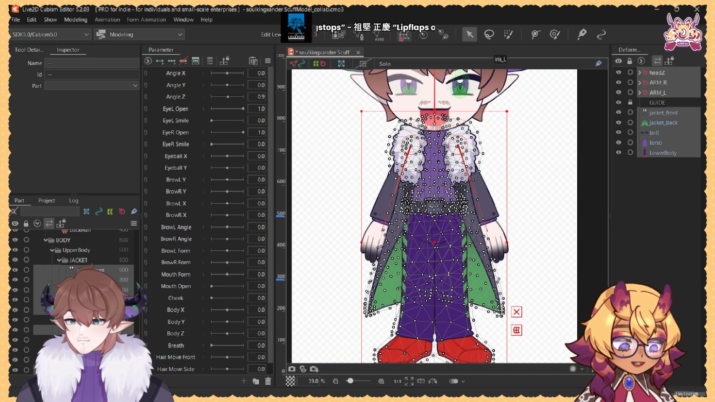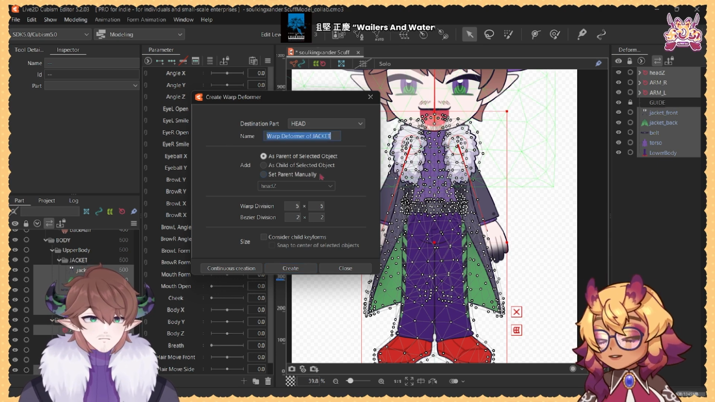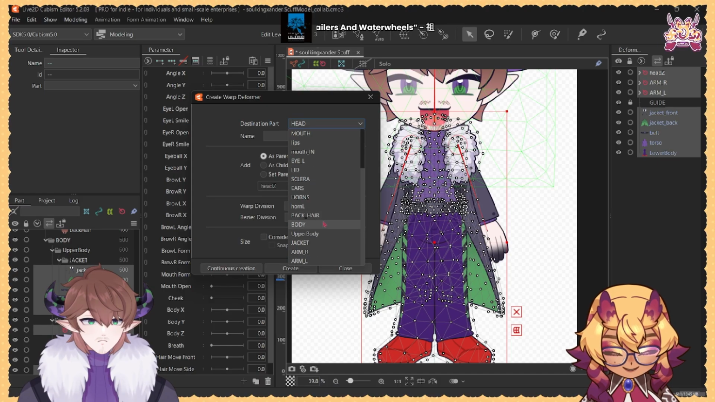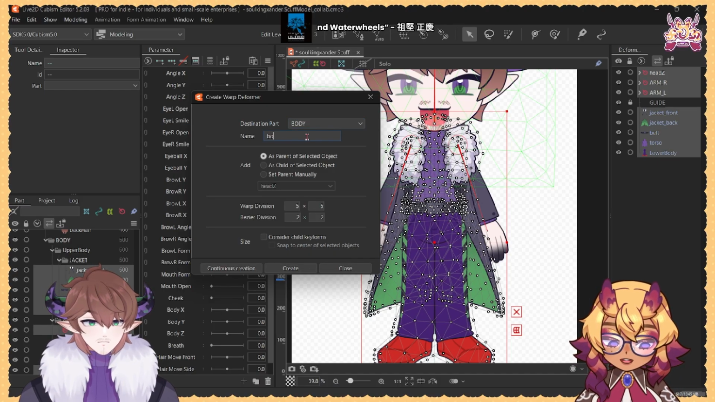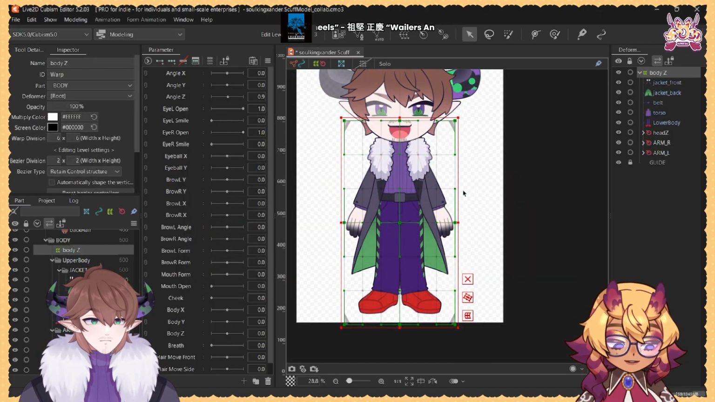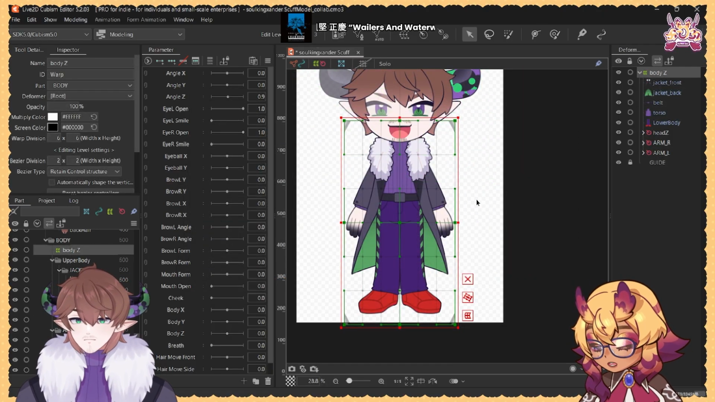Yeah, okay, there you go. And then we're gonna be creating a warp deformer. We're gonna name it Body Z and put it under the destination of Body. Body Z. Can't spell. So for now, since we're working on the big parts first and then we're gonna go smaller and